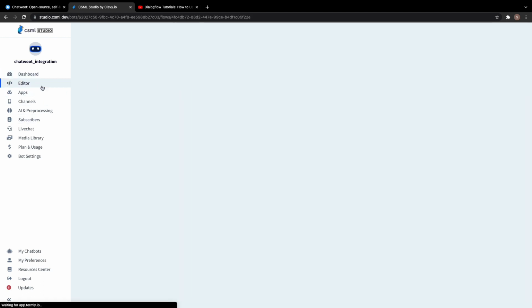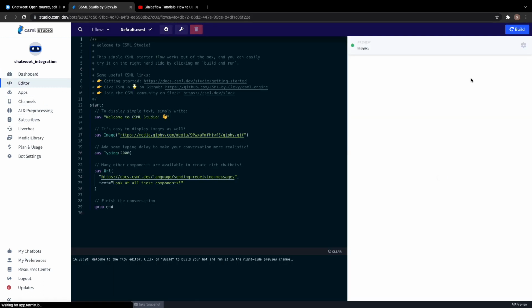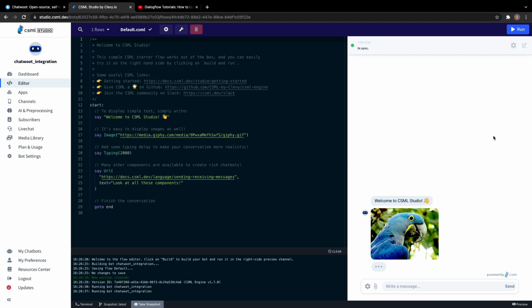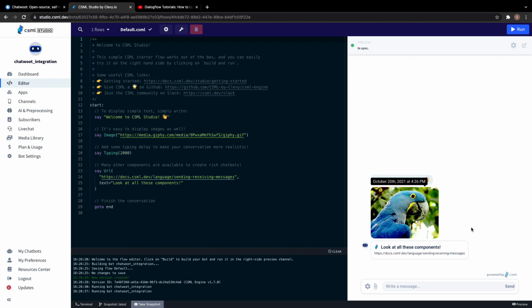We can test it by going to the editor menu and then clicking on build and then run it. So here we can see that our chatbot is now working.